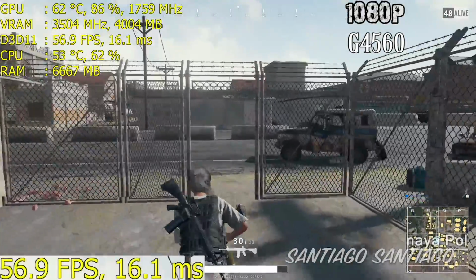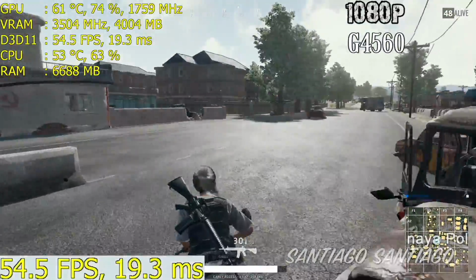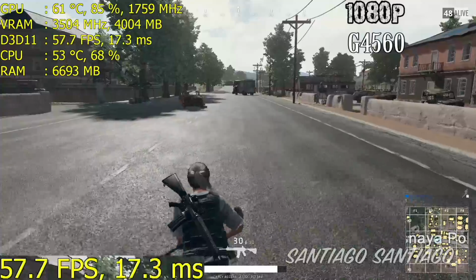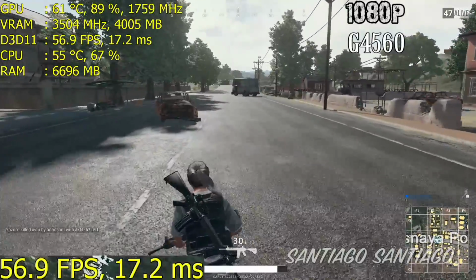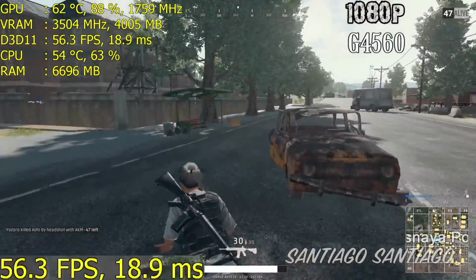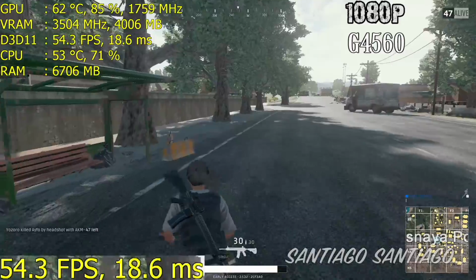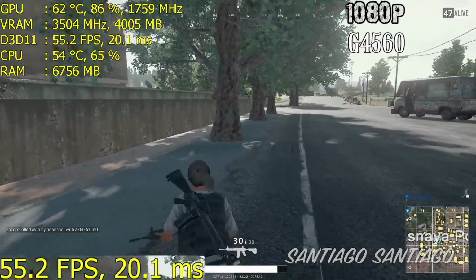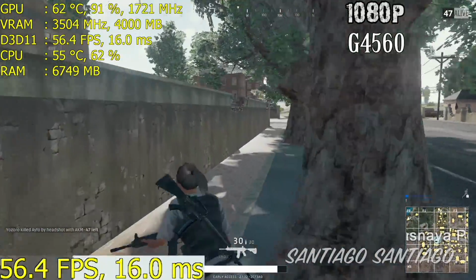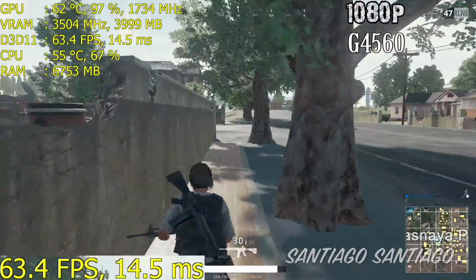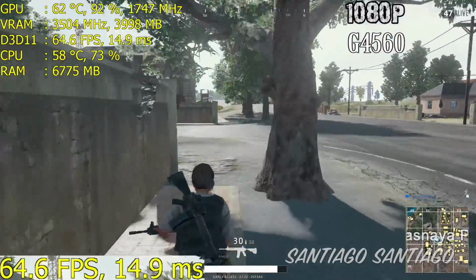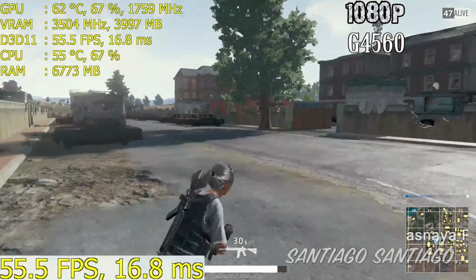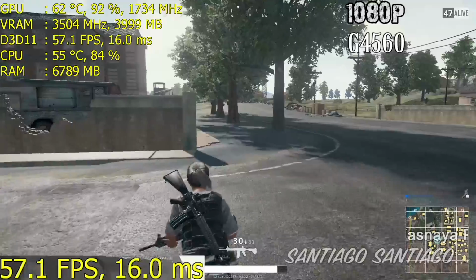The i5-7400 stutters much less than the G4560 and it was closer to 60 frames per second, but 60 frames per second all the time in this game seems impossible. I saw people with i7 6700K having issues getting 60 frames per second, even using a GTX 1070 or 1080. So it seems to be impossible right now to get 60 FPS all the time, but we can get very